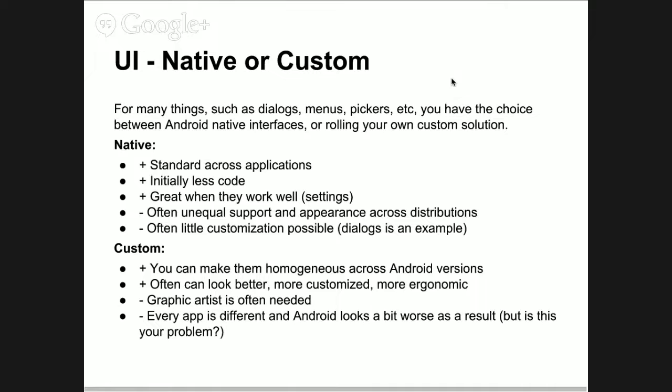What I found somewhat maddening, actually, when developing apps, is that these things are going to look all different on all possible Androids, and it's really difficult to ensure that you have an app with a unified look. Because on some version it's going to be black with white text, on another version it's going to be white with black text, on another old version it's going to look like that. It's difficult to ensure uniformity because you're reliant on the Android framework, and the Android framework changed. And the other thing that I really didn't like is that many of these default UI choices are not that great, in my opinion.